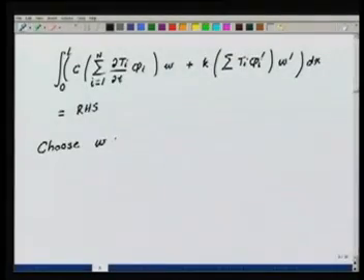In the generic case, if it is for a mesh of n minus 1 elements, we need only n minus 1 equations because the first degree of freedom is known. So in a generic way we will choose w is equal to phi_i of x. So I will get the ith equation,